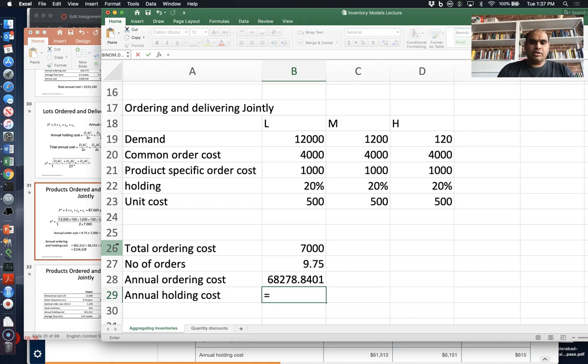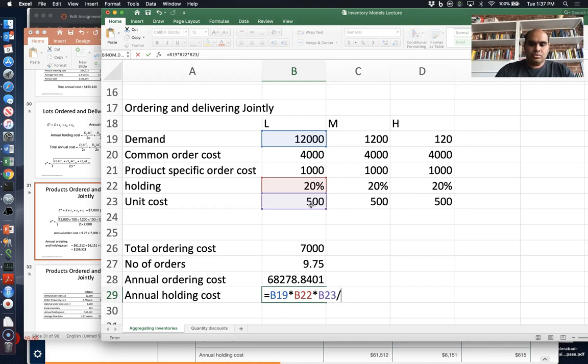You can calculate that as D times H times C over 2 times N. That's one of the ways of calculating that. So it will be D times H times C divided by